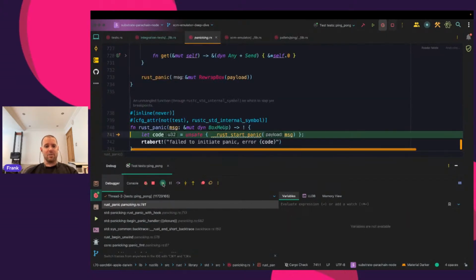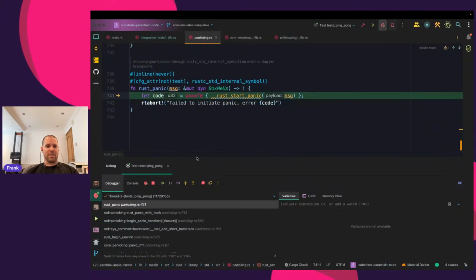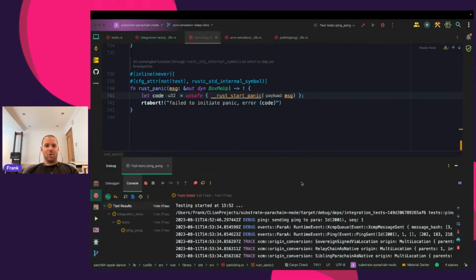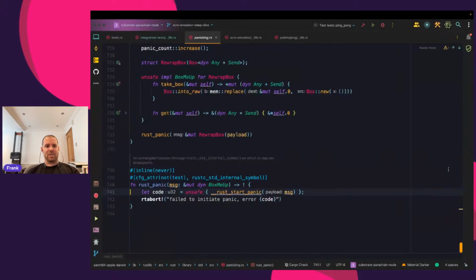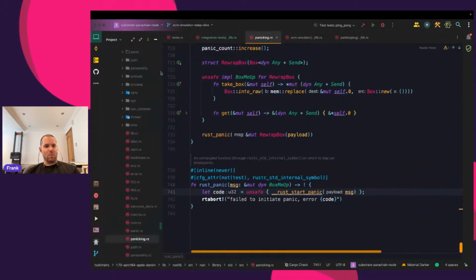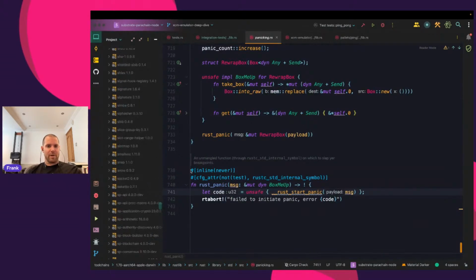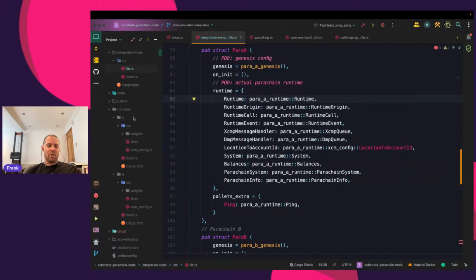So I'm going to skip over that, and you can see there we'll get a Rust panic. Obviously I know the cause for this, so what I'm going to do now is go about fixing it. A quick and easy way, and obviously not necessarily recommended for production parachains, but just for the sake of